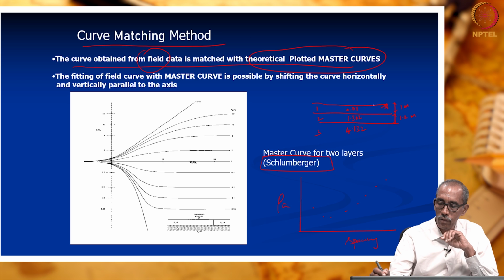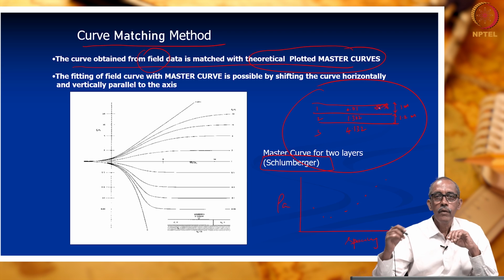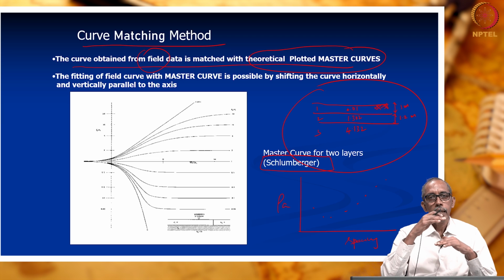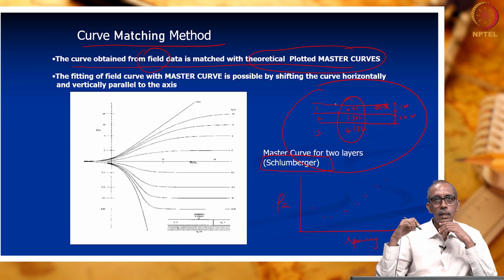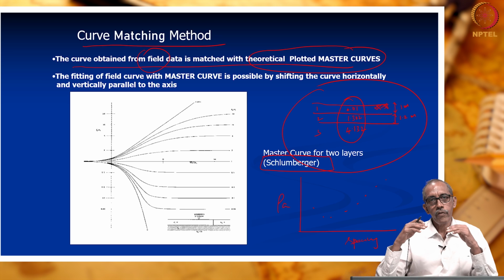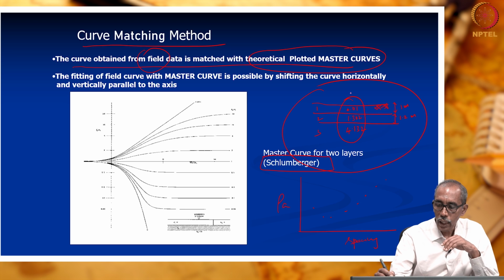As I have drawn here, this is the ground surface. We assumed layers of different thicknesses and corresponding resistivities. For such imaginary subsurface conditions, if you carry out vertical electrical sounding at the surface, and keep increasing the electrode spacing, as I am showing here, this is the distance between the A and B electrodes.